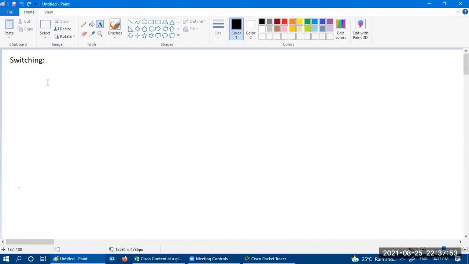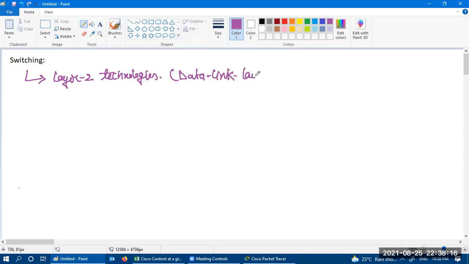Okay. So basically, when we talk about switching, that means we are talking about layer 2 technologies. Layer 2 technologies means that I'm talking about the data link layer.